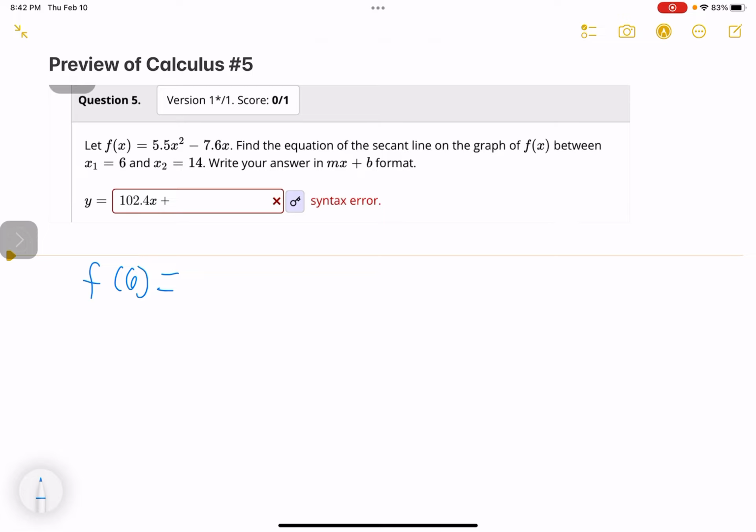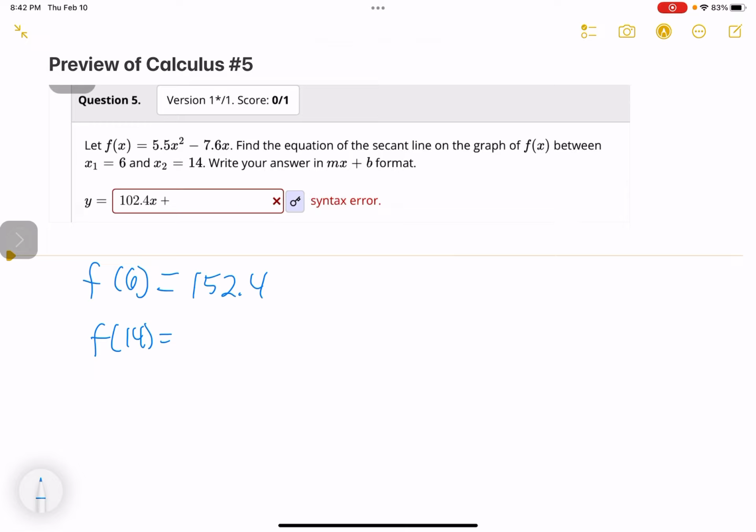Oh, it helps when I type it correctly. 5.5 times 6 squared minus 7.6 times 6. I get 152.4. And then I'm going to look at f of 14, and that's going to be 5.5 times 14 squared